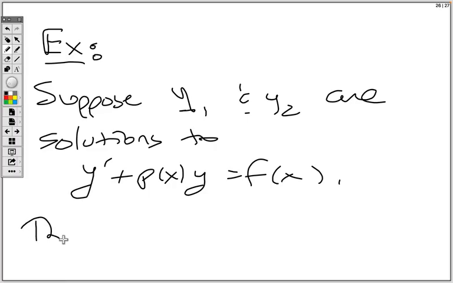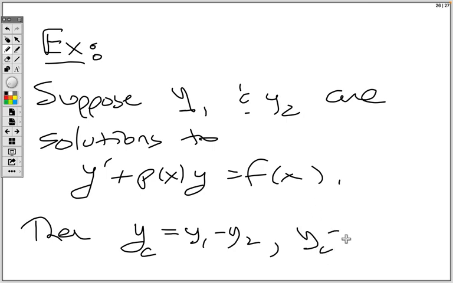Then, if I define the function y to be the difference of y1 and y2, let's call this yc, yc is a solution